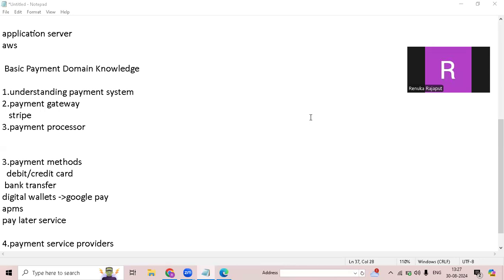It will ensure that the system supports a wide range of payment methods, handles high transaction volumes, and provides robust error handling and security features. So this is about basic payment domain knowledge. My next topic is